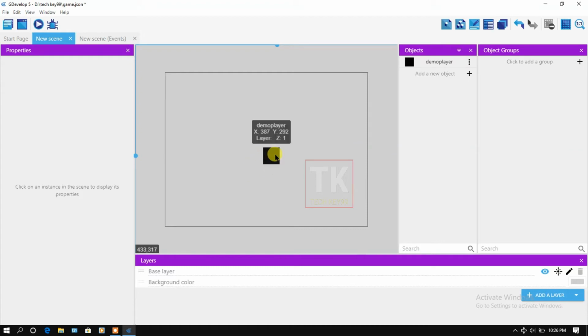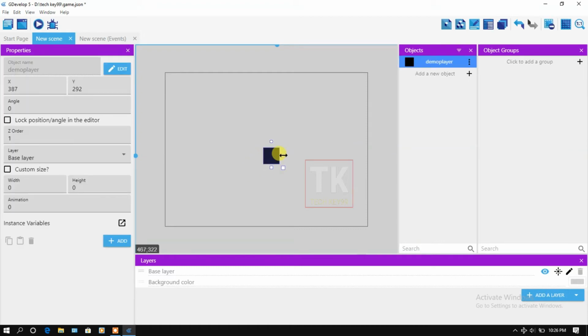And click here to modify this object. You can also modify this object from here. This is X and this is Y.